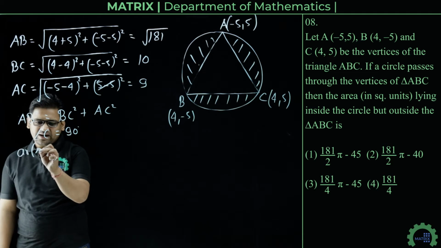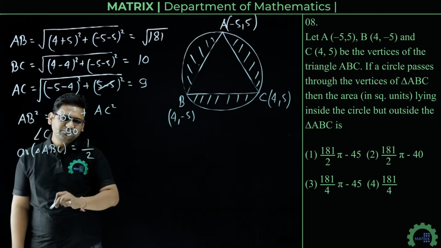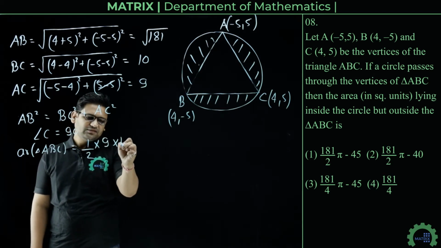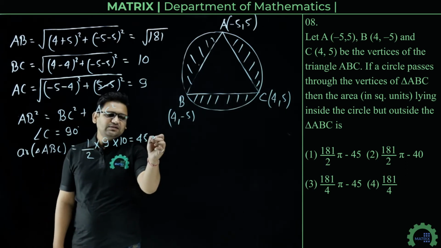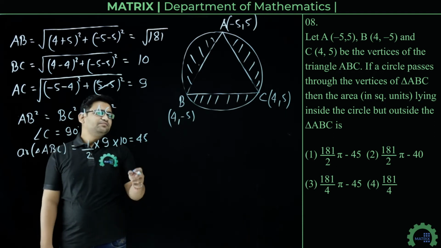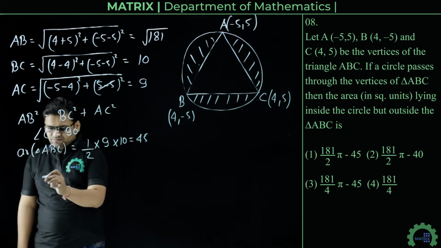So area of triangle ABC will be half into base into height, that is half into 9 into 10. That will be 45 unit square. Okay, and the area of the circle, we need to find the area of the circle, and the